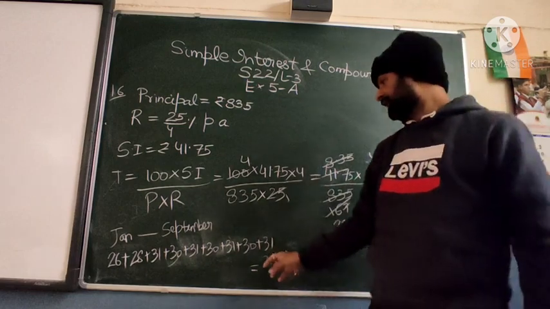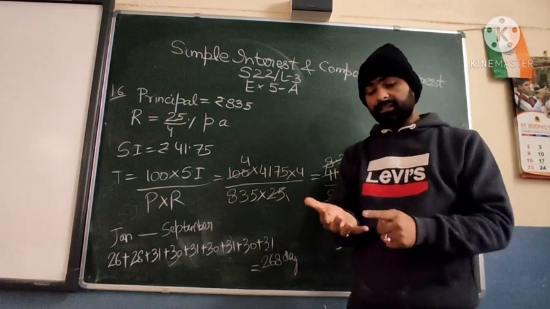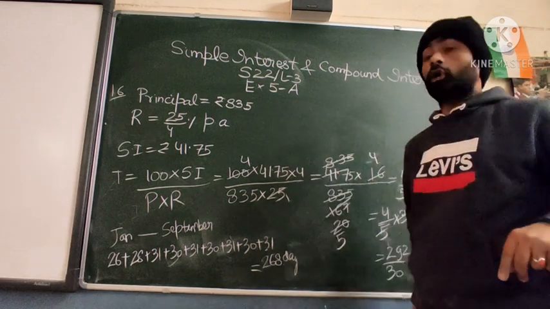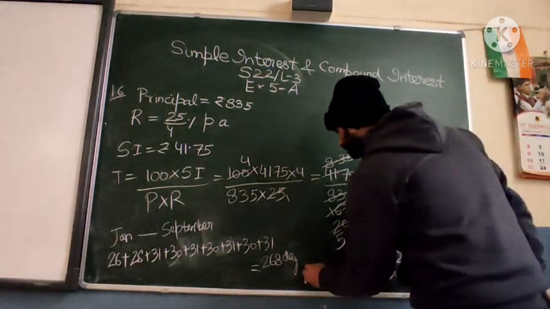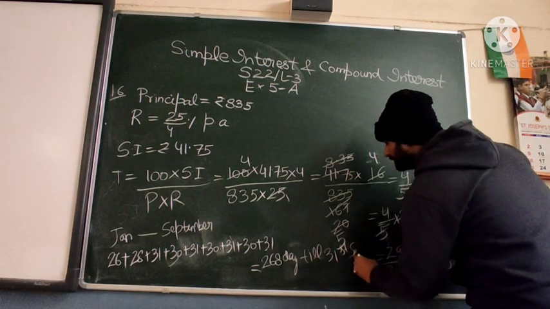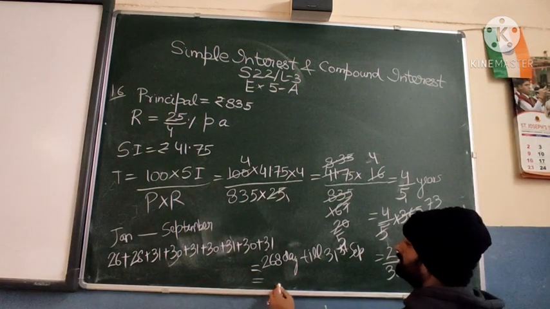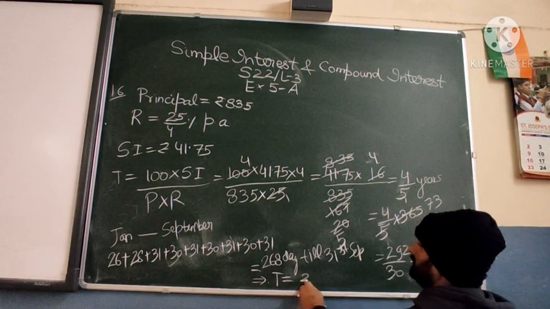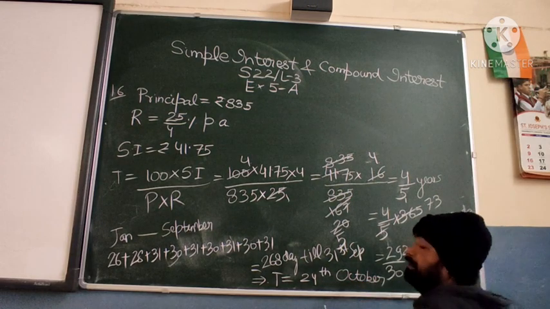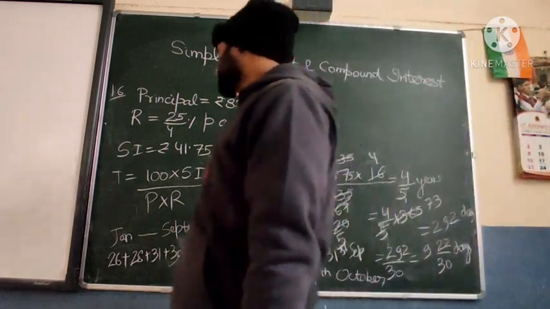Till September, that is where? Till 31st of September. Okay, how much remains? 268, 78, 88 and 89, 90, 91, 92. So how many days more? 24 more days. That means 268 days till 31st September, and a few more days have to go. So how many more days? 24 days more. So it will come as 24th of October, excluding 5th of January. Okay, so here this thing will come.